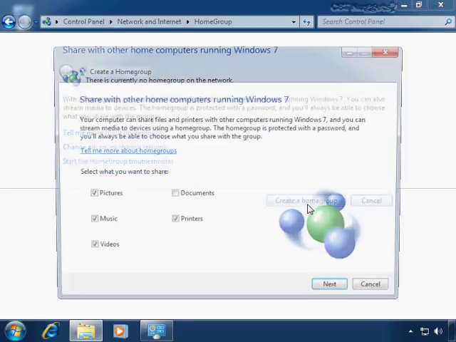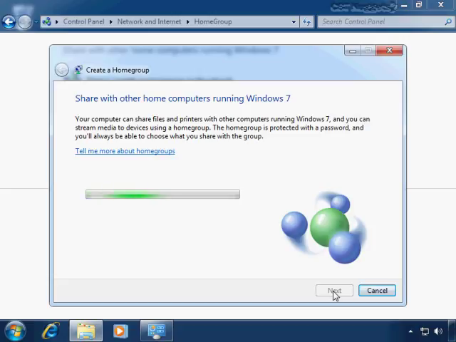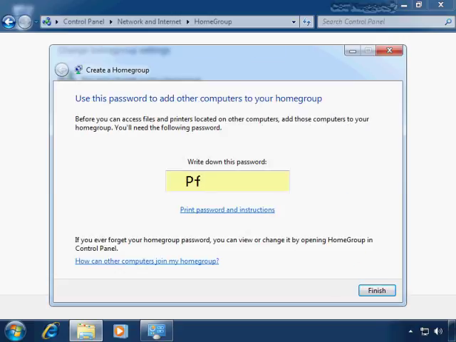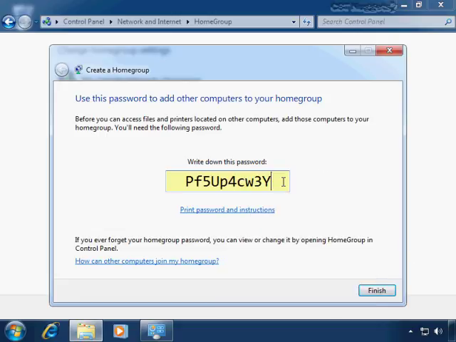So what I would have to do is create a home group and specify the kinds of things that I want to share. If I have printers, pictures, music, whatever it is, I can share those things and click on next. And then it would make this available to the rest of the network to find in this home group. Notice here that it does identify a password that I'll have to enter, and I'm just going to copy this in case I need it,